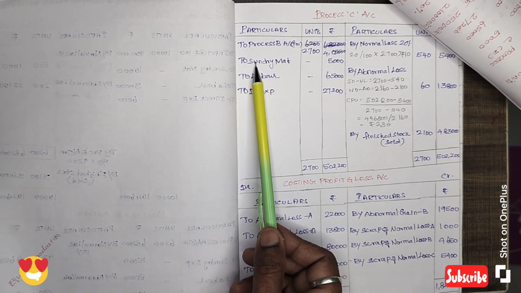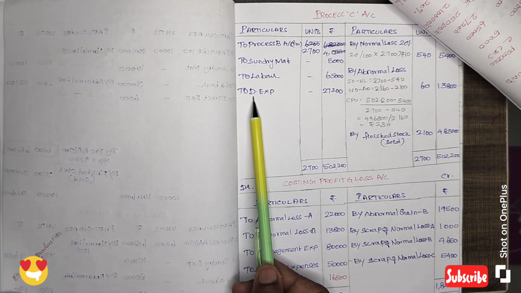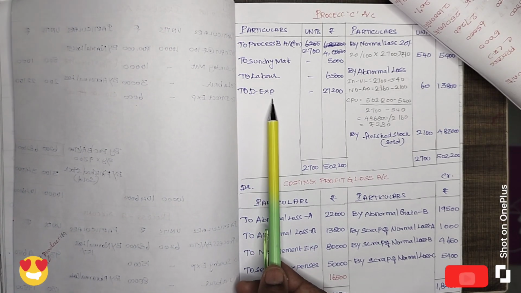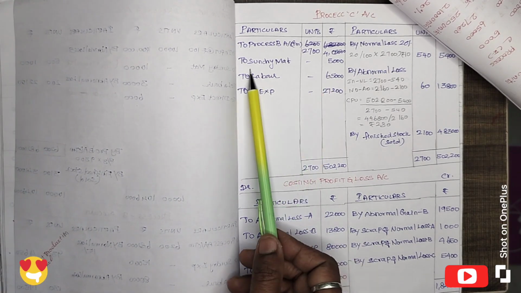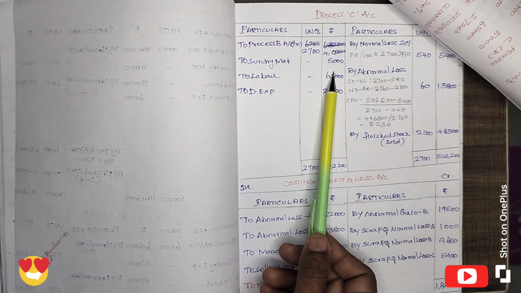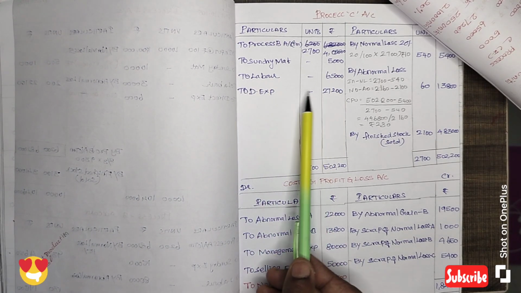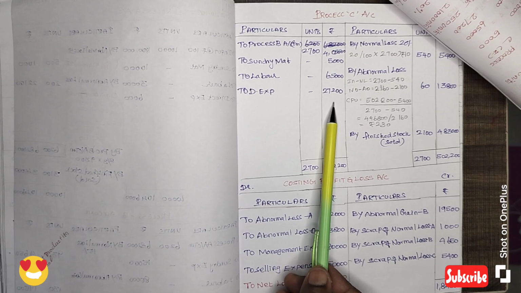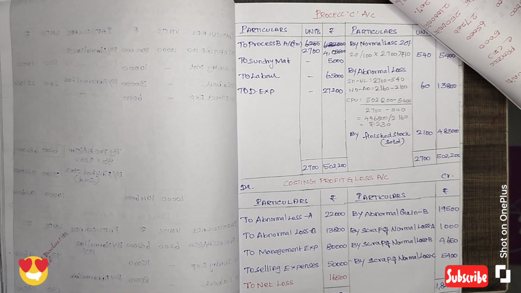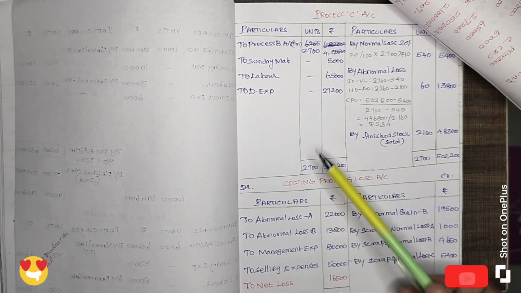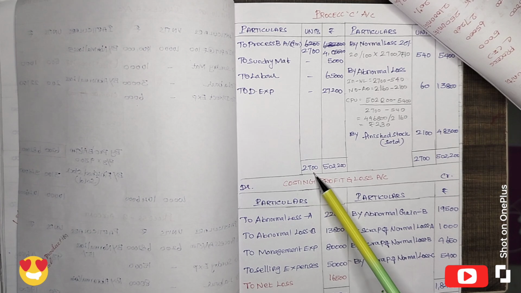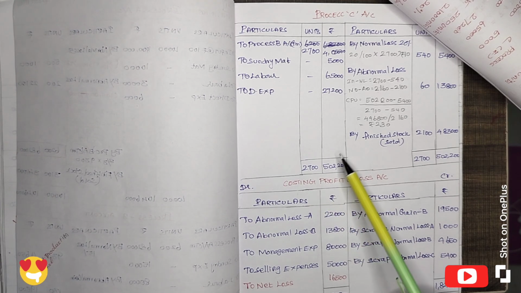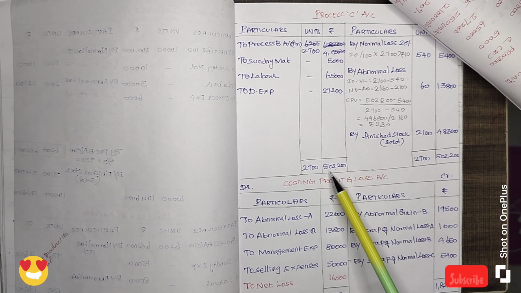Then the other expenses are taken from the question for process C: sundry material 5,000 rupees, labor 65,000 rupees, direct expenses 27,200 rupees. Then we need to calculate the total input, 2,700 units, and the total value at the end of process C,